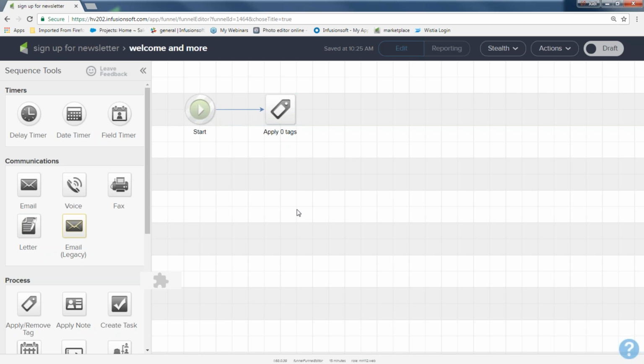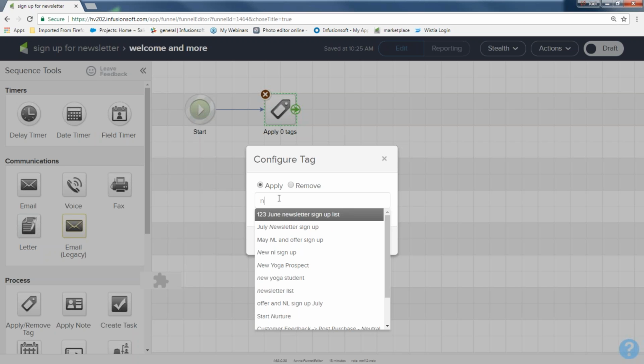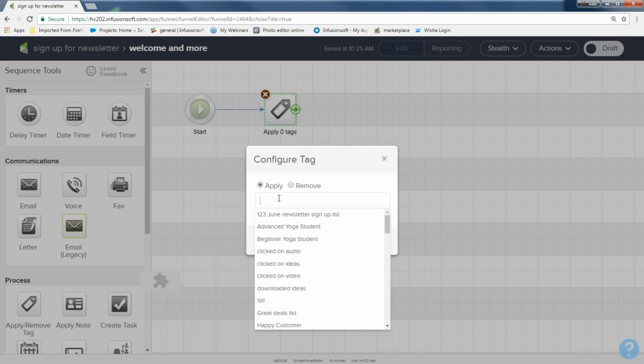The tag is gray. Gray means not ready, so I'm going to double-click the tag, and the tag builder opens up. You can create a tag from scratch on the fly, or you can start typing. If the tag's already created, it will appear. Put my cursor in here. So you can see I have newsletter sign up, newsletter sign up, newsletter sign up. I'm going to make a brand new one. I'm going to have to get rid of some of those so you guys don't get confused, but I'm going to create a brand new